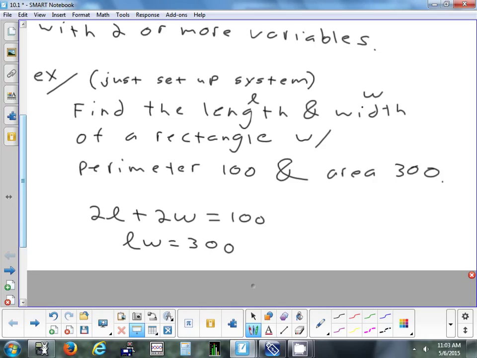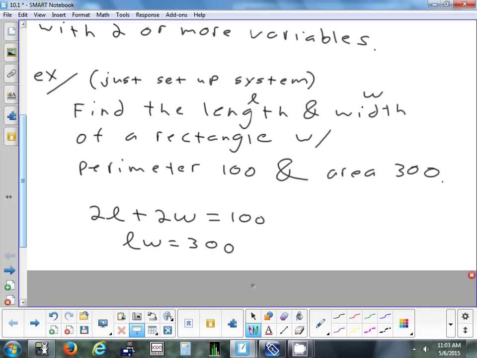Something to look at quickly. The first equation is linear. The second one is not. If you were to use x's and y's like we said before, you could solve the top equation. It would be y equals mx plus b form. The bottom one isn't. When you have a product of variables equal to a constant, this particular one is actually a hyperbola. It's not a hyperbola the way we've seen it, though,